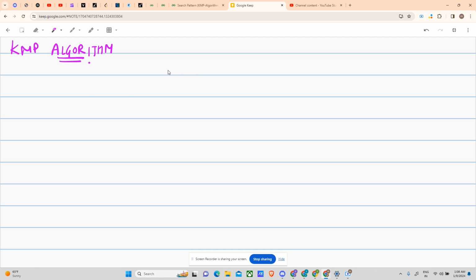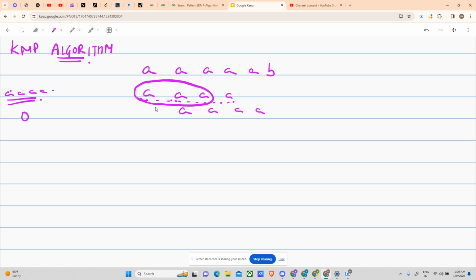KMP algorithm. It states that in the above example you were given A's, and the pattern given to you was 4 times A. So what were you doing? You were checking A. Checked. Put in the answer, that is 0. Now you move the whole pattern to the next index. But if this is matched, doesn't that guarantee that for the next substring these three are already matched? Pay attention. If this whole string is matched, doesn't that guarantee that this is a perfect match for the next substring? So 3 is done. If we check one more A, we will get an answer, correct? So it is somehow using the concept of